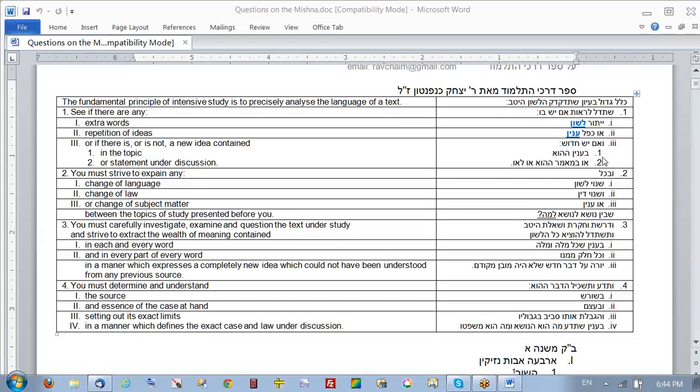and therefore anything that might seem extra or repetitious or any unusual change or any change from one subject to the next subject has to be analyzed very carefully. And once you start asking yourself those questions, i.e., are there any extra words or repetition of concepts, and is there any lack of consistency, once you ask those questions, then the text will start opening up, because it's written in such a way that these things are encoded into the text itself.